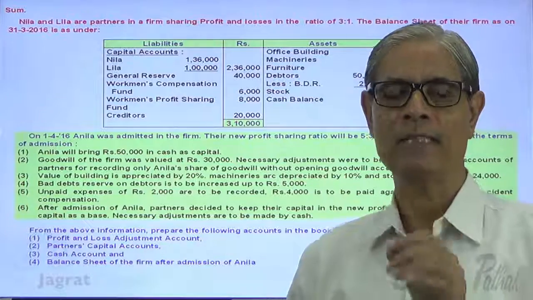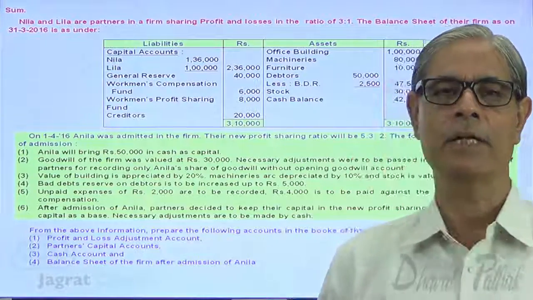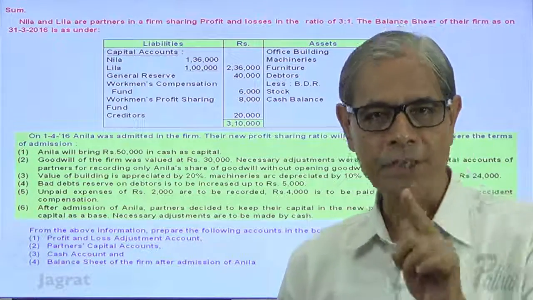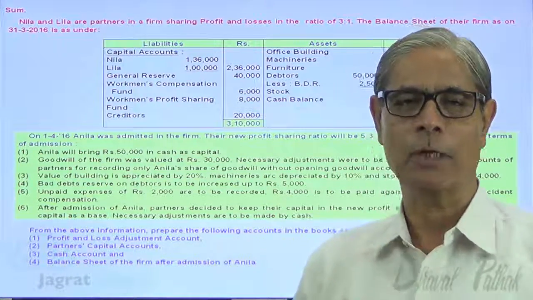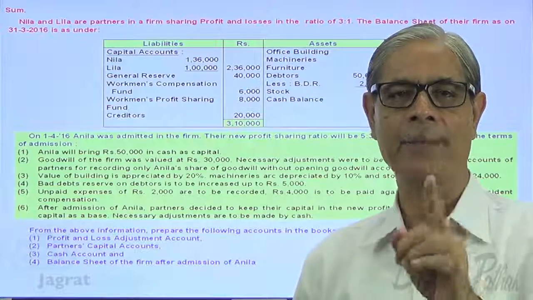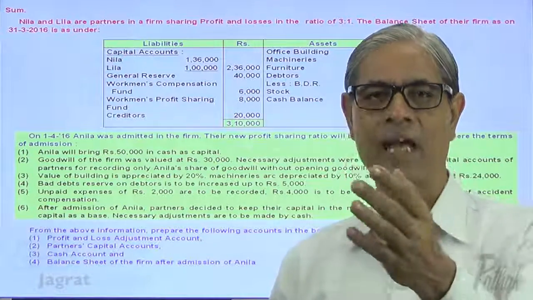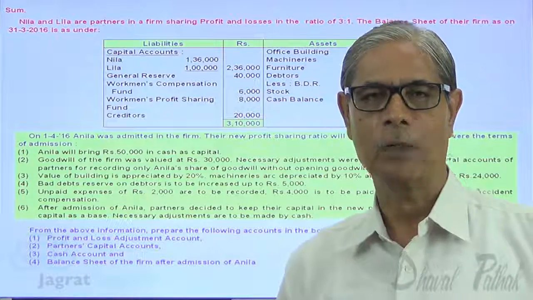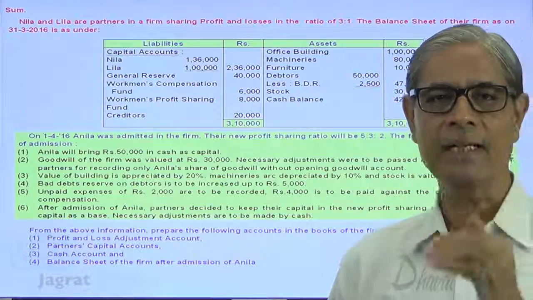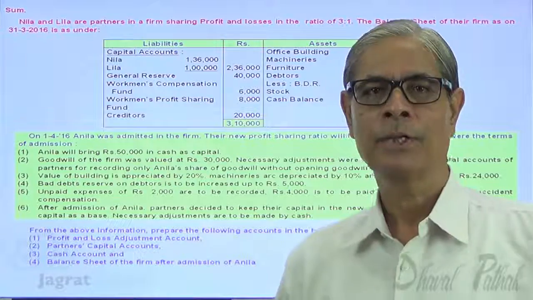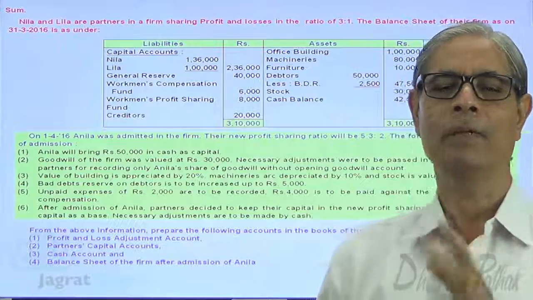Increase in the book value of asset is a gain credited to profit and loss adjustment account, and the increased value appears in the balance sheet after admission. Decrease in value of assets is a loss debited to profit and loss adjustment account, and the decreased value of assets will appear in a balance sheet after admission. Same way, increase in liability being loss debited to profit and loss adjustment account, and the increased liability values will appear on the balance sheet liability side. Same way, decrease in the liability is a gain credited to profit and loss adjustment account, and the decreased liability will appear on the balance sheet liability.